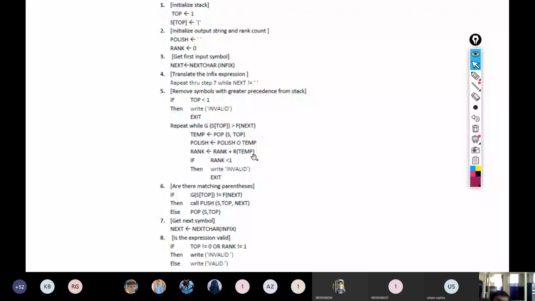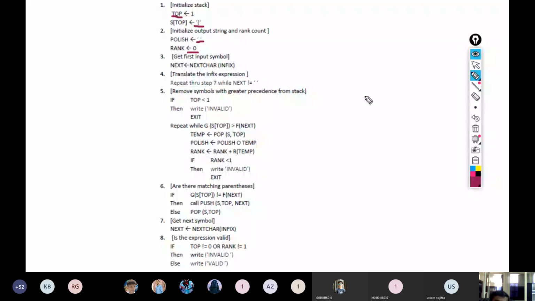So here, initially, the top value is 1, and S of top is pushed with the opening bracket initially, and then we have an empty Polish expression, and rank is 0.